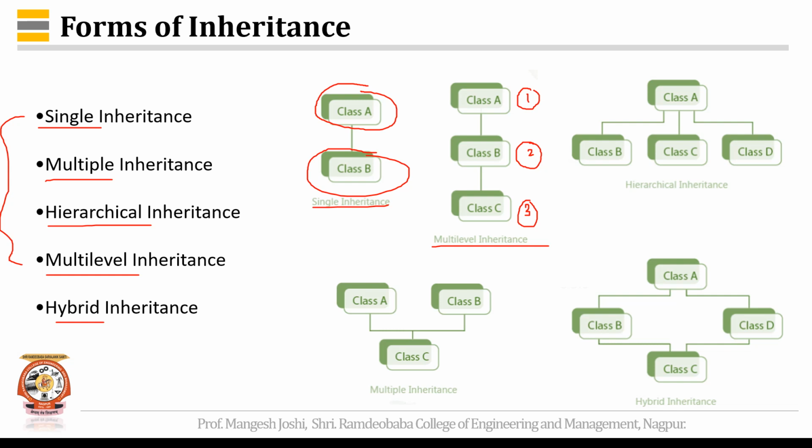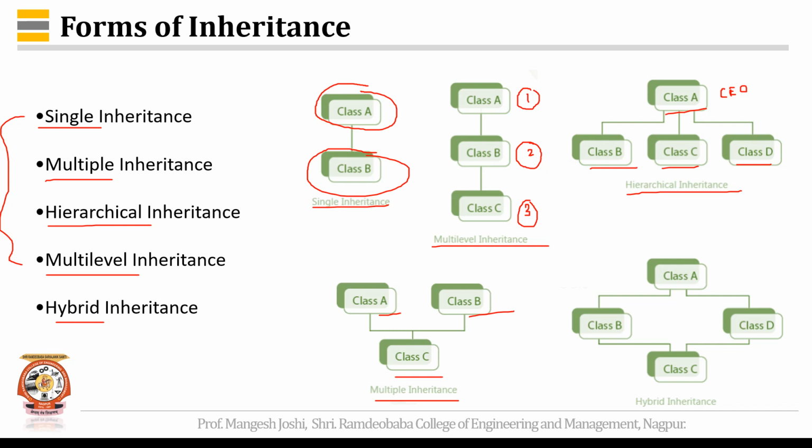The third type is hierarchical inheritance, in which the inheritance follows a hierarchy, just like your CEO, and then there are supervisors or managers down the line. So you have a class A, and from class A you have 3 derived classes: class B, class C and class D. The fourth type of inheritance is multiple inheritance, in which you have more than one base class. You can see class A, class B, and from these 2 classes the class C is derived. This is multiple inheritance.